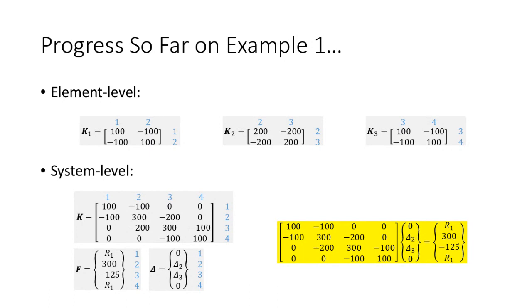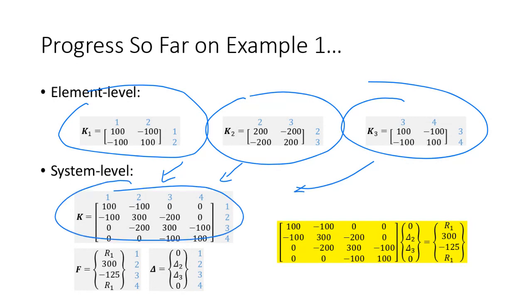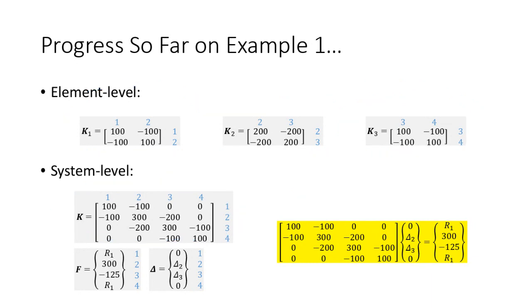The first thing I want everybody to make sure they're clear on is how we took these three and we got that. That's really important. If you don't understand that, please, this is what we're here to do. So, are there any questions on this process called assembly? How you take element level stiffness matrices and assign them to a global stiffness matrix, or a system level matrix, I should say. I want to make sure not to use that term global loosely, but a system level matrix